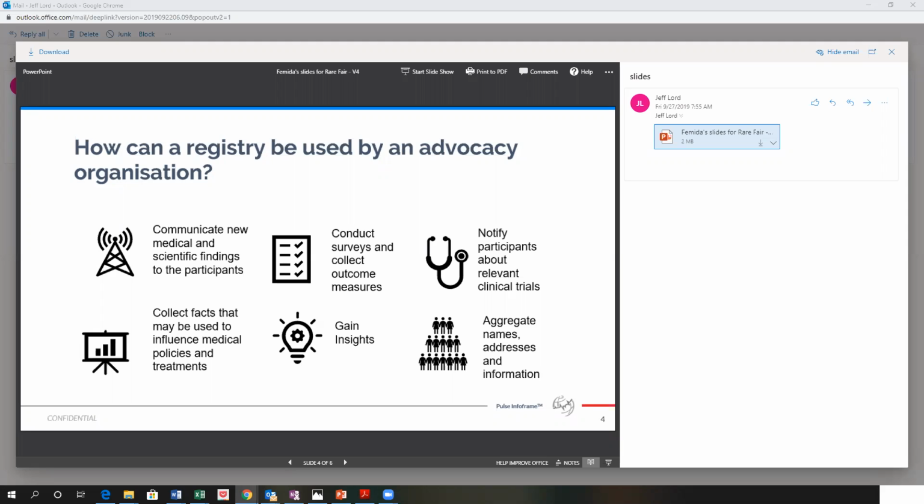So for example, there are a lot of areas around social listening, around listening to the voice of the patient. Collect that information, use it in a way that's meaningful to gain insights. And ultimately, it's really important to have a refreshed and current database of people, because when there are new clinical trial opportunities, those patients really want to be contacted, and make sure that you're using proper consenting processes and that the privacy and security of the patients at all times is maintained.